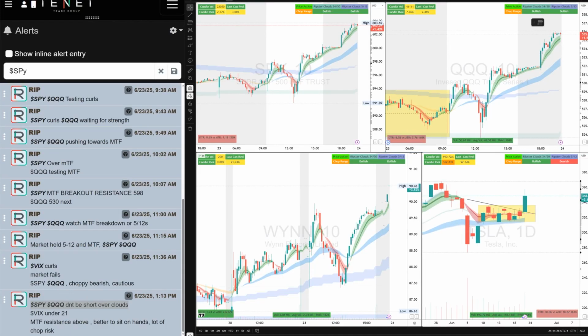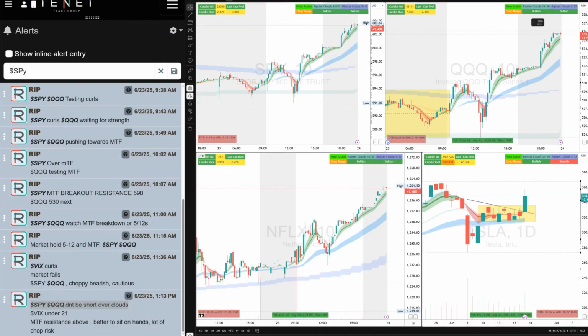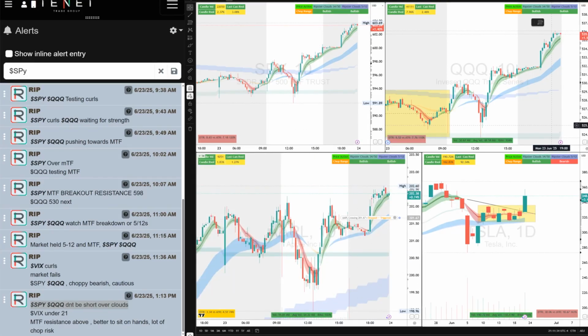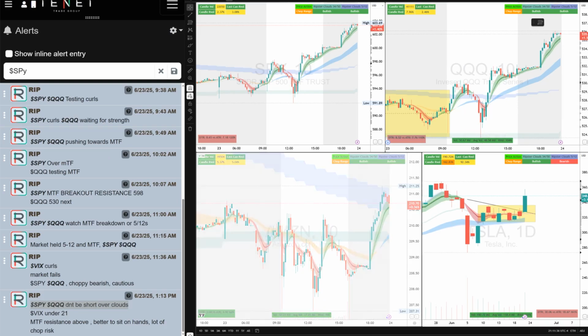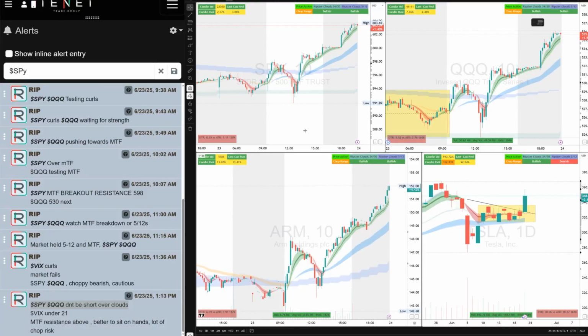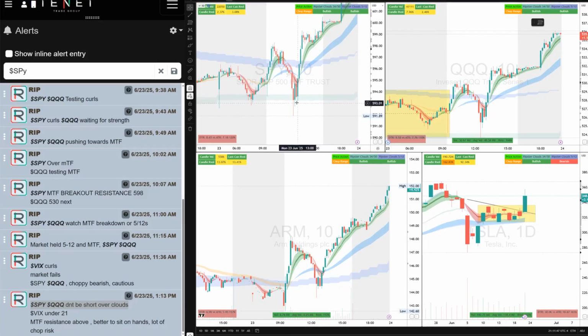So let's see if I can show you, lot of system. You see the Netflix curling. You see Meta, this curl, you take Meta long. You see Apple curling, you take Apple long. So many curls were happening with the market, Google curl. You just need to learn the system, right? You don't buy the dips, you buy the high probability entry. And you see how the MTF clouds are bouncing here.